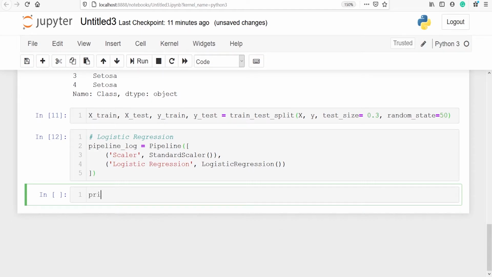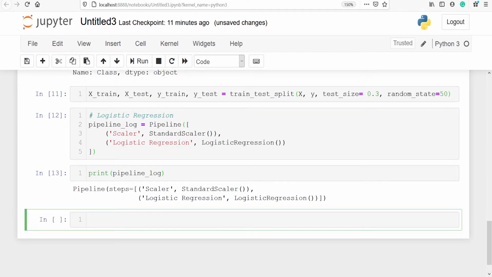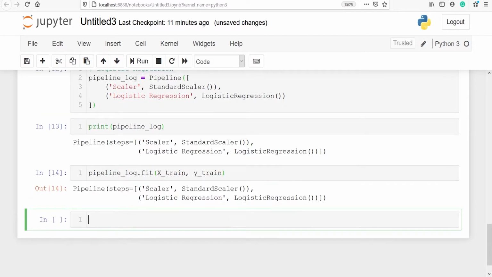Let's print pipeline_log. This pipeline contains standard scaler and the regression model, which is the logistic regression. Now I'm going to fit this. So I will write pipeline_log.fit, and I'm going to fit this on X train and Y train. So fitting is done.